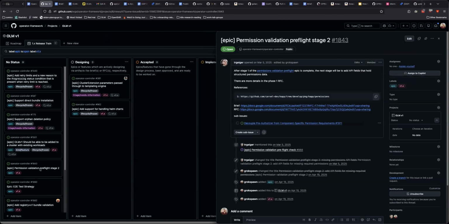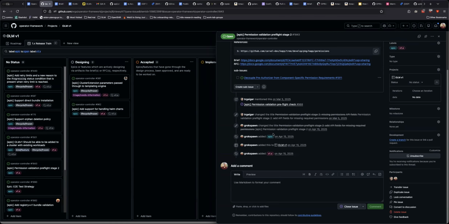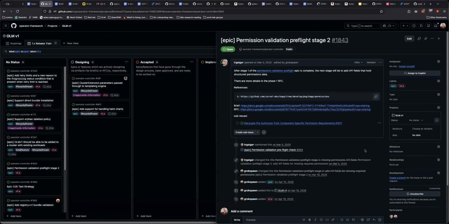All right, permission validation pre-flight stage 2. This one is status. I don't know if we're still doing it with a pre-flight, right? We never got rid of the first set of pre-flight code, because we still have the old applier. But if we're going to move toward Boxcutter, we may not need this. Well, Para's already done some work to try to make the existing pre-flight compatible with Boxcutter and the ClusterExtensionRevision. So this one sounds like